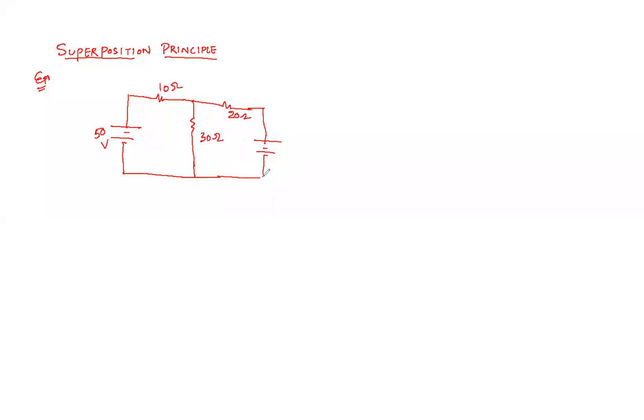This is 20 volt. There are two methods to solve this circuit. The question is to find the current that is passing through the 30 ohm. Of course, we cannot say whether these resistors are connected in series or parallel, or these batteries are connected in series or parallel. So how to deal with this circuit? Let me choose one more color over here. Step 1 is to keep one battery intact and the other battery has to be short circuited.